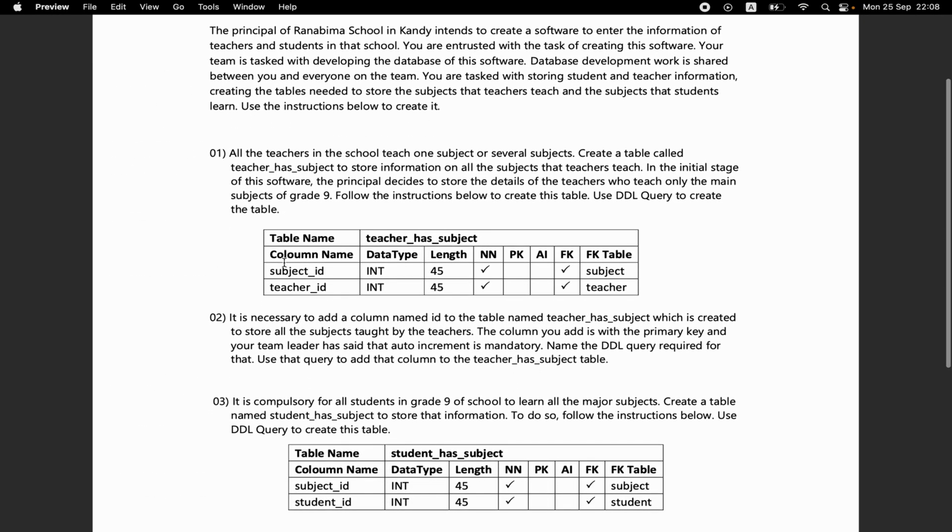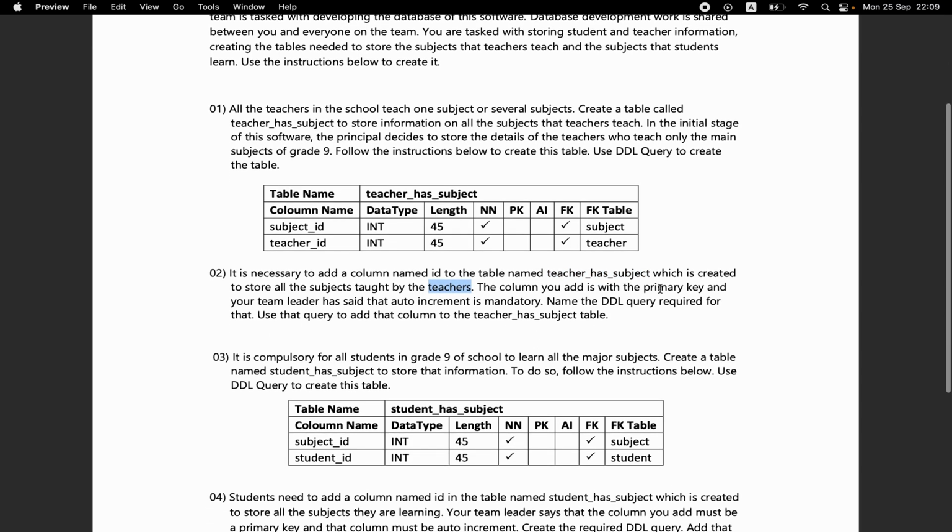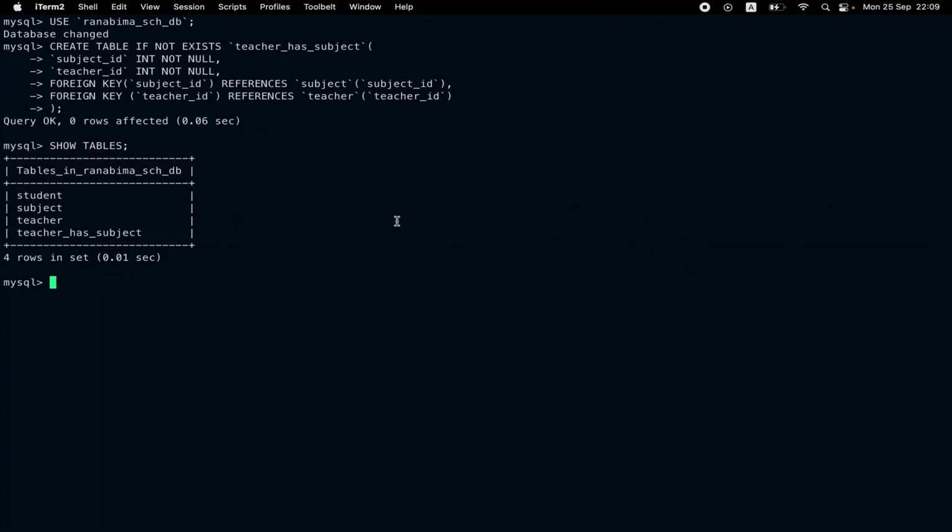The next question is, it is necessary to add column named ID to the table name teacher has subject, which is created to store all the subjects taught by teachers. The column you add is with the primary key and your team leader has said that auto increment key is mandatory. Name the DDL query required for that. Use that query to add that column to the teacher has subject. So to do this, we have to write an alter DDL query. So alter, again use Ranabima